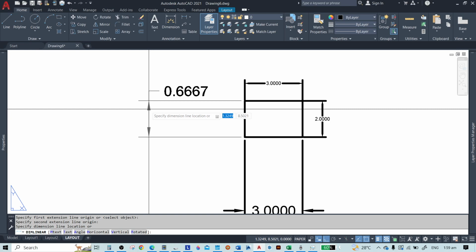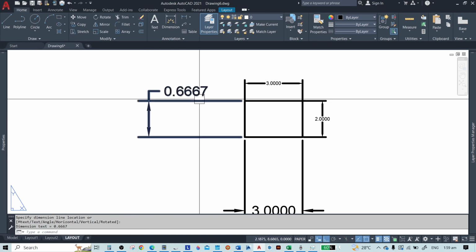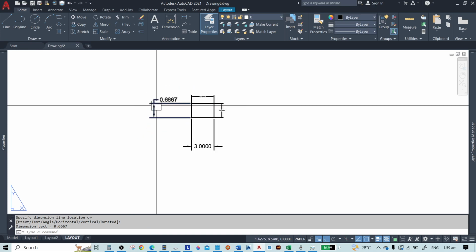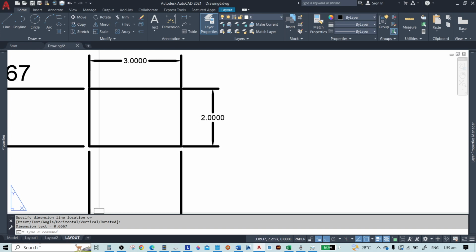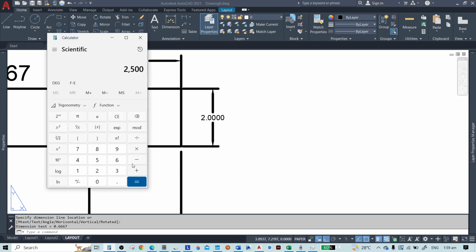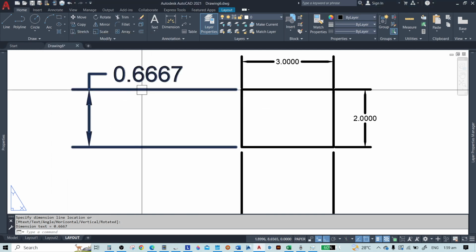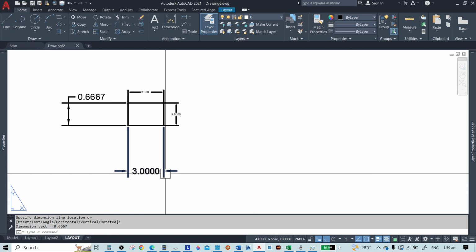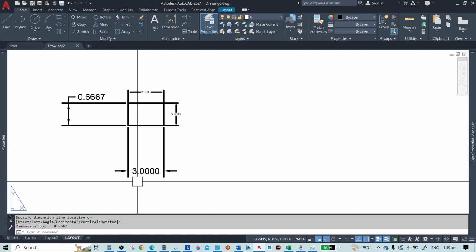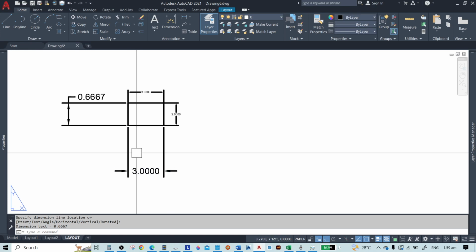Now as you can see, this is 0.6667, because the scale is 2, and if we divide it by 3 in 1:3 scale, so let's say for example this one, 2 divided by 3, that is 0.6666, so rounded off 0.6667. So as you can see, it is different.